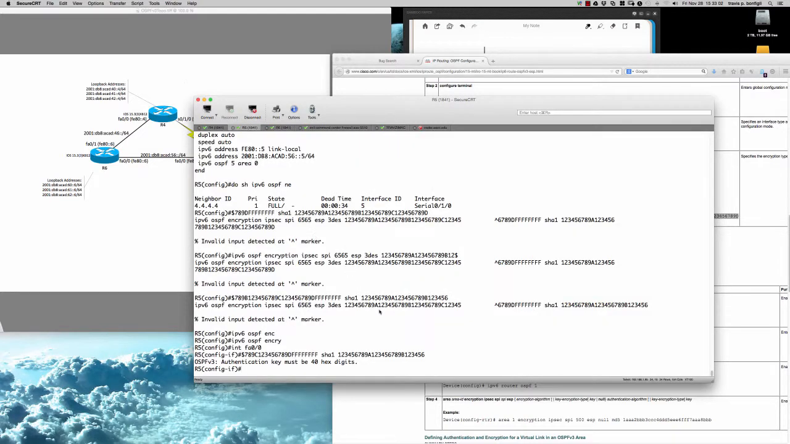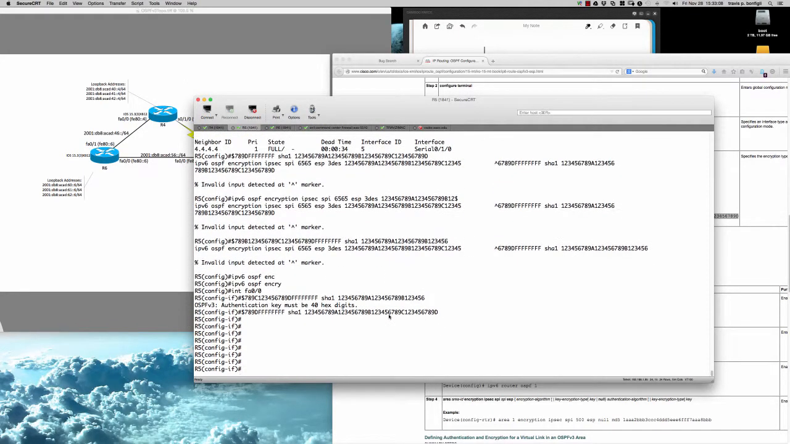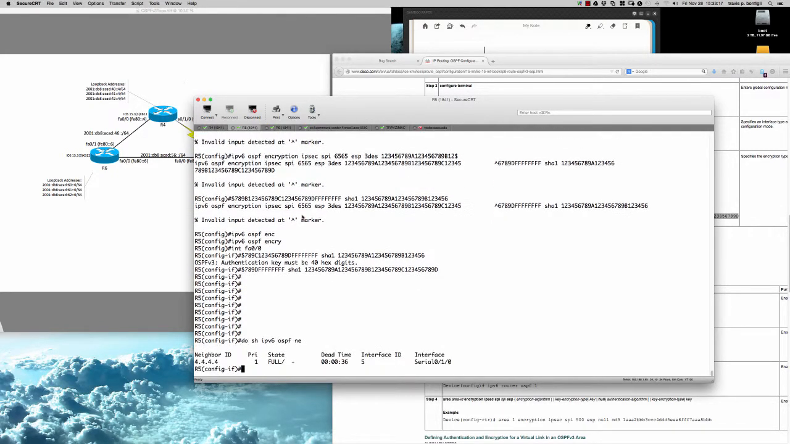So copy, and it should take this. All right, there we go. Much better. So after our cutting and pasting challenges have been overcome, let's take a look at do show IPv6 OSPF neighbor. You can see that I still only have the adjacency with router 4 at this